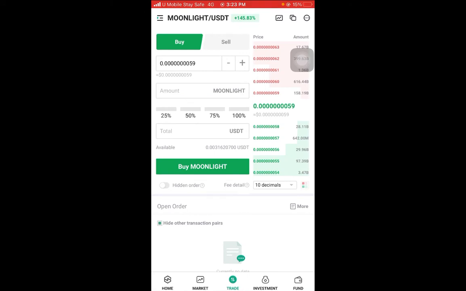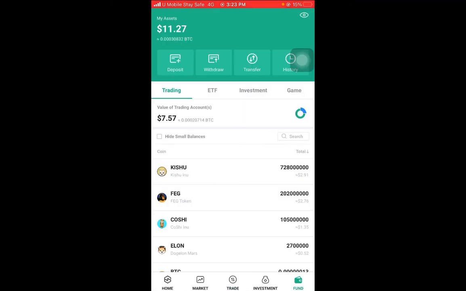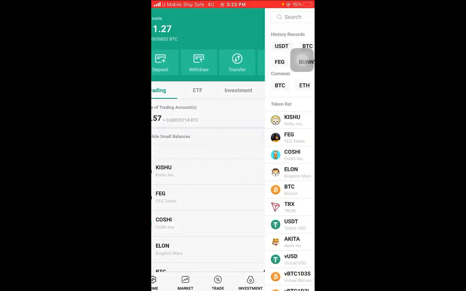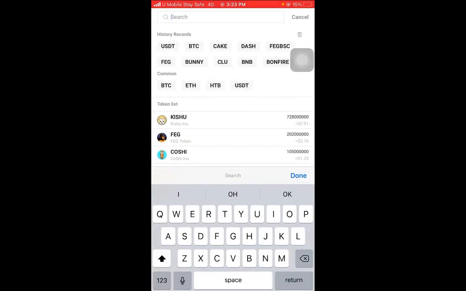But before that, you have to deposit on this platform. How to deposit? Okay, let me show you guys. Click here, click here, deposit. You should deposit